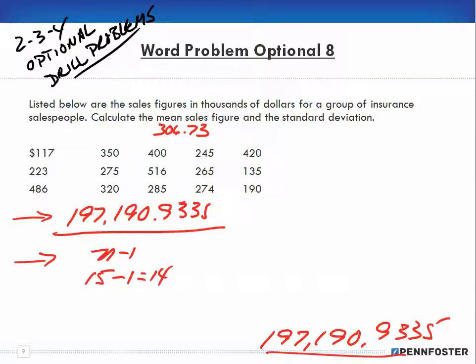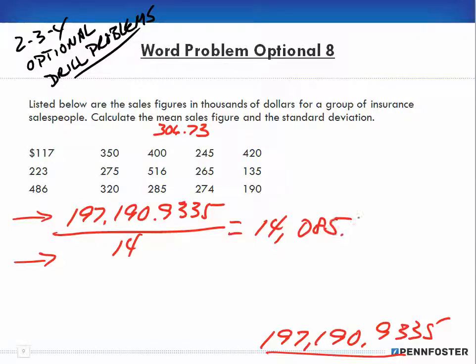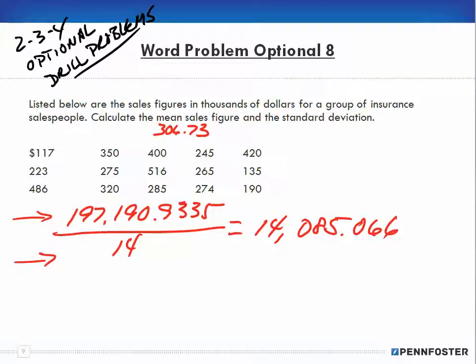Okay, so I'm taking the 197,190.9335 and I'm dividing it by 14. Okay, and that gives me 14,085.066. Okay, so you with me so far? If not, back it up a little bit and rewind it, and watch it again. So now I'm at 14,085.066. Okay, now I have to take the square root of that number,